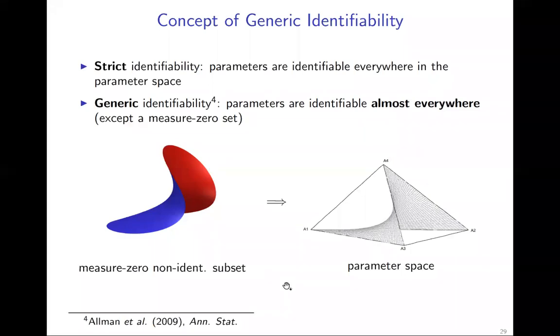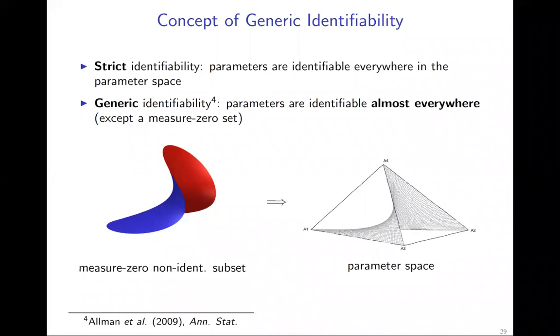So here is just a graph illustration of this concept. Suppose our parameter space is a 3D object, a 3D tetrahedron. Then if all the non-identifiable parameters live in this shaded surface within this tetrahedron,